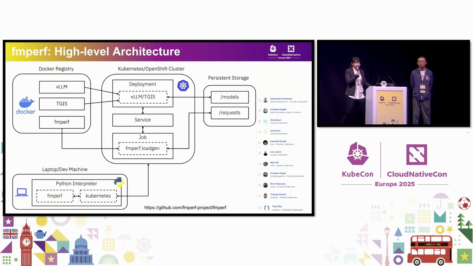And behind the scenes, it uses the Kubernetes client library to deploy different server deployments, create corresponding services, and mount the necessary persistent volumes. By default, it will mount /models for your model files and /requests for